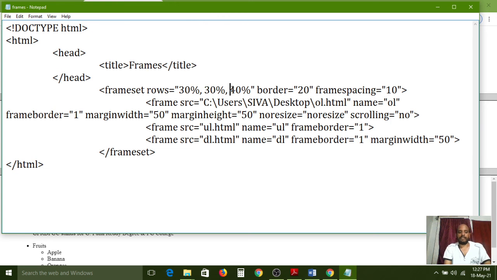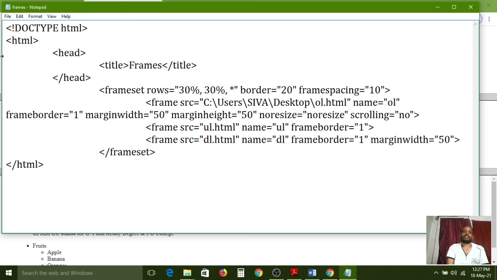So instead of giving the third percentage, just the star symbol also you can give, no problem. The first partition is 30%, the second partition is 30%, total 60% covered, and the star means the total remaining percentage is covered by the third panel, third frame. So that is the advantage of the star symbol, that the remaining partition can show like that.